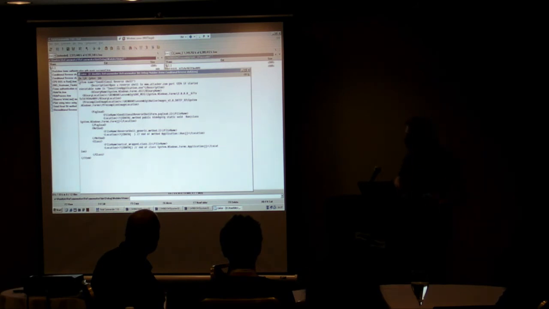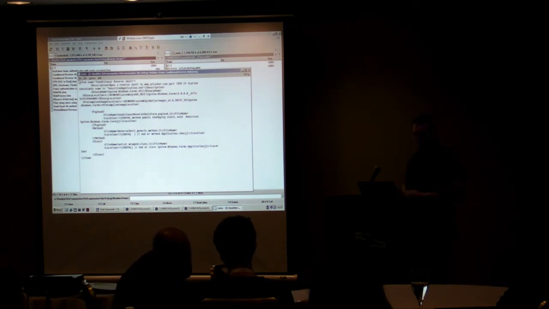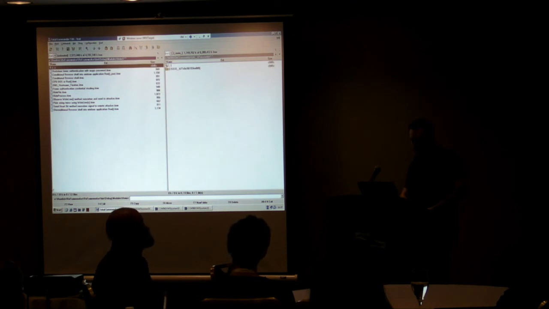We can see that it is combined from a payload called conditional reverse shell form.payload. It is combined from one method and one class. The class, by the way, is netcat. We're going to implement the reverse shell using netcat. But again, this is just one way of implementing it. So if I run ReFrameworker,